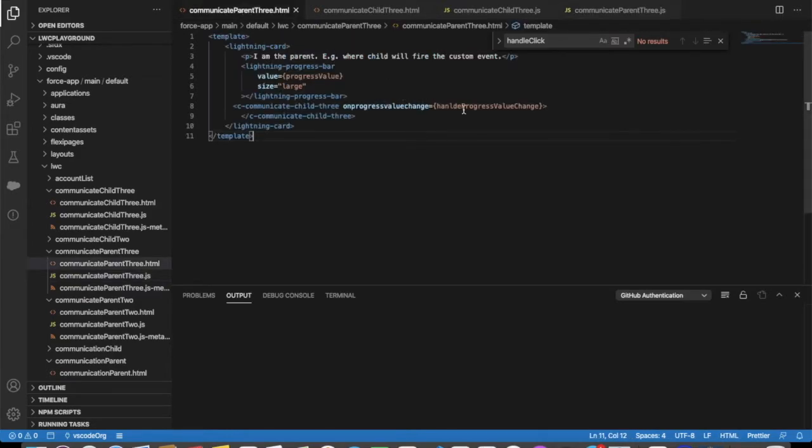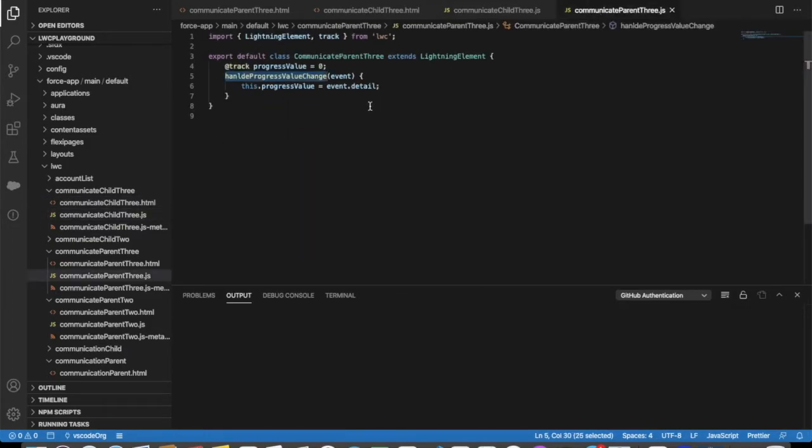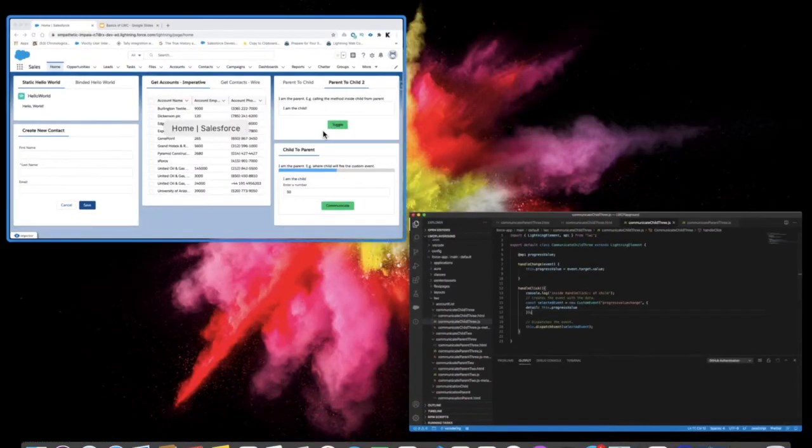There is one important thing to notice here: whatever custom event name you have provided, you need to prepend on before that. So while declaring the component, you need to write on and your custom event name. By this, the component is able to know that we need to listen to that particular dispatched event. If you go to the JS, this particular event handler is just fetching the value from the detail parameter. As we have assigned it into the detail, it will give the progress value, and the same progress value is again used in the progress bar.